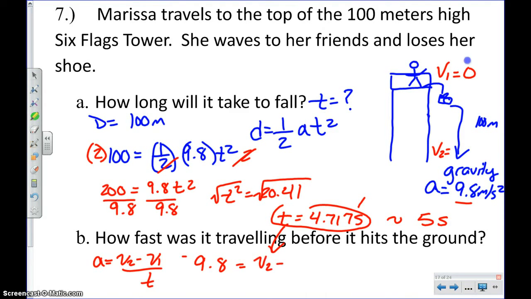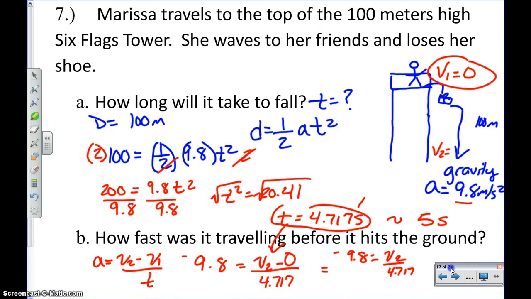Initial velocity is 0, minus 0, divided by 4.717 is going to give me a final velocity. So basically here this is going to be negative 9.8 equals V2 divided by 4.717. And all I'm going to do is multiply 4.717 times negative 9.8, and I'm going to get V2 equals negative